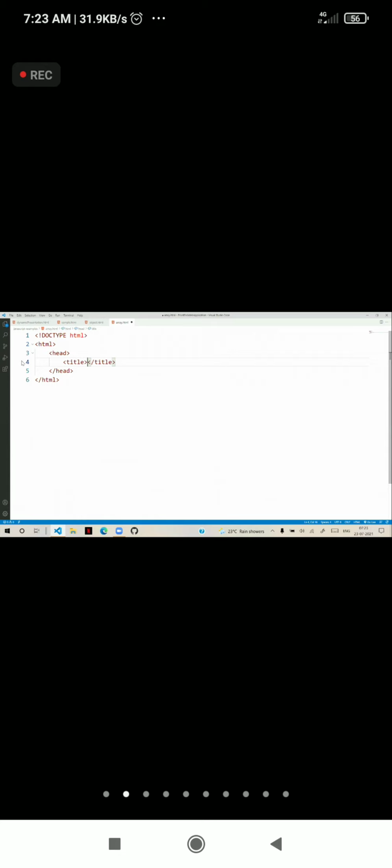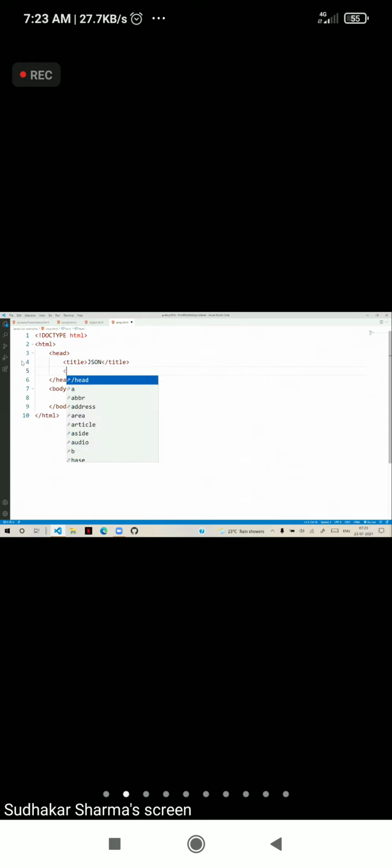Okay. And in this, we want some data to be configured. Generally, in a real world scenario, how does data come from any database? It will come in the form of a JSON type. So we need to present the data. For example, let's create the script. So how data comes and how we can present the data.